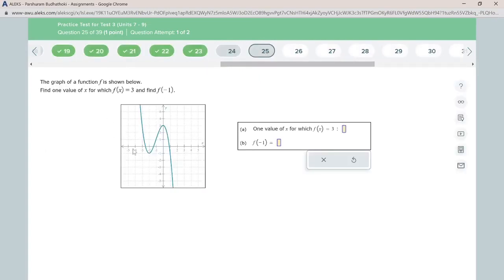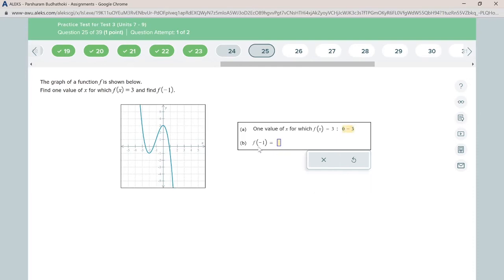You are given a graph. We need to find the value of x for which the y coordinate is 3. Check the graph here where the y coordinate is 3. When you draw a line through this y equals 3 horizontal line, that horizontal line will touch this graph at two different places. When x is 0, the y is 3. When x is -3, the y is 3. So there are two points where the value of the function is 3, which is at 0 and